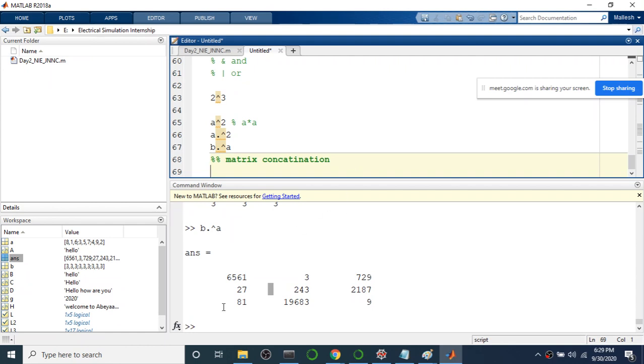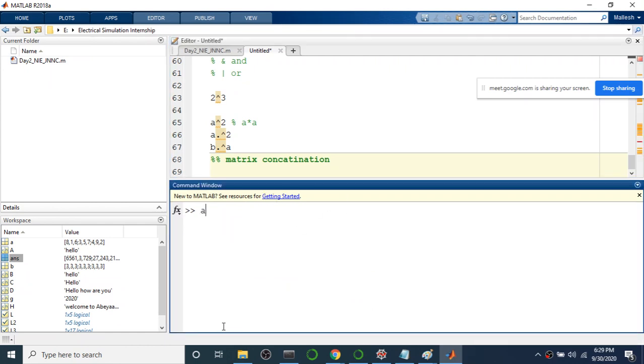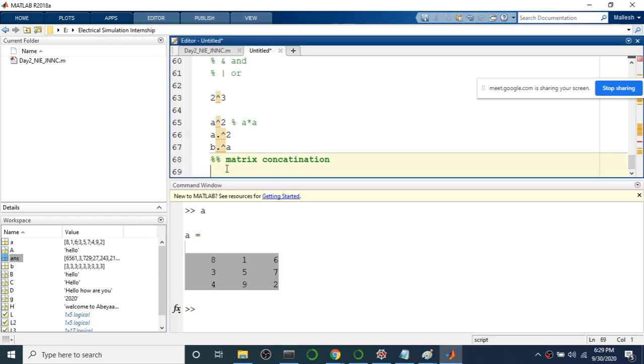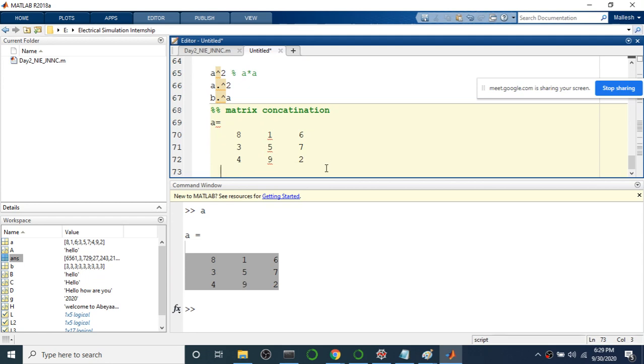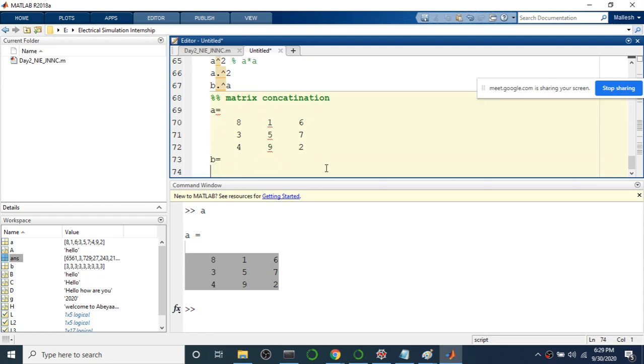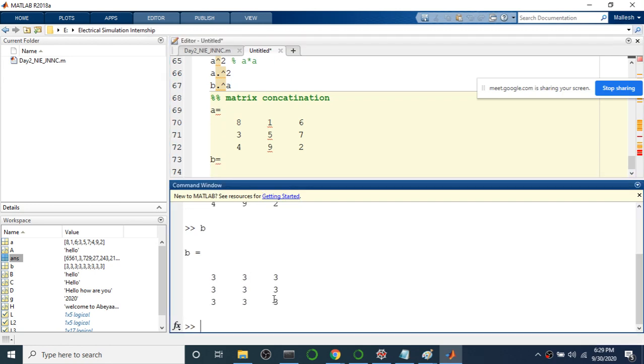So you have the matrix A. This is my matrix A, and I have matrix B. A and B are already present here, right?